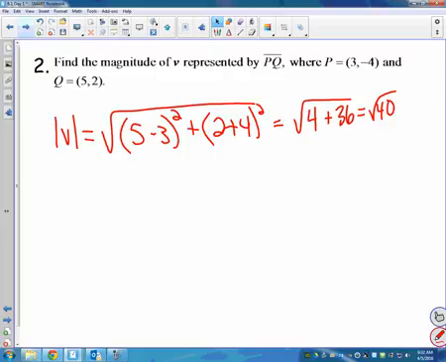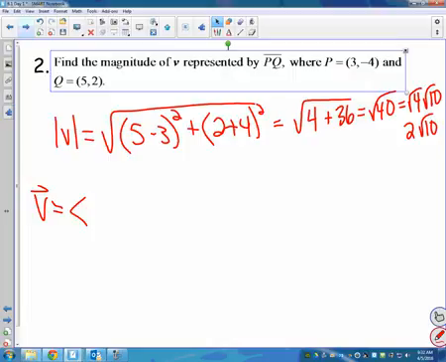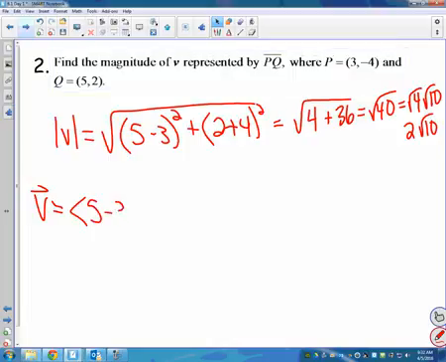I don't want you to leave it like that, right? We could break that up as 4 times 10, which means 2 square root of 10 would be the answer you could give me. If the question made you put it in component form anyway, I'm going to do it that way too. So vector V in component form would be subtract the x's. You have to start with the terminal x coordinate first. So you have to do 5 minus 3, 2 minus negative 4. So component form there would be